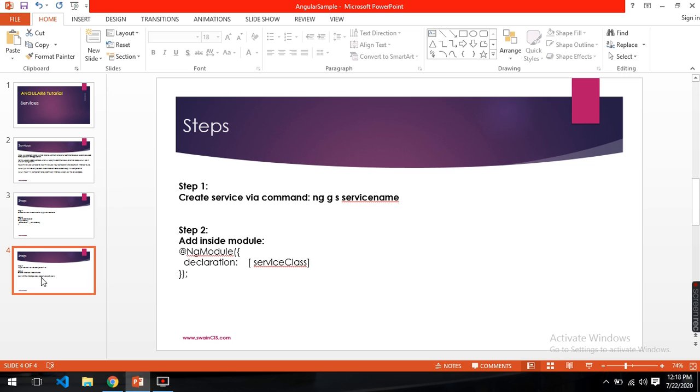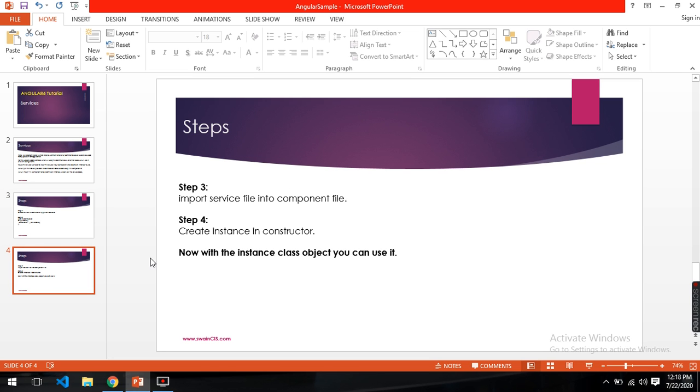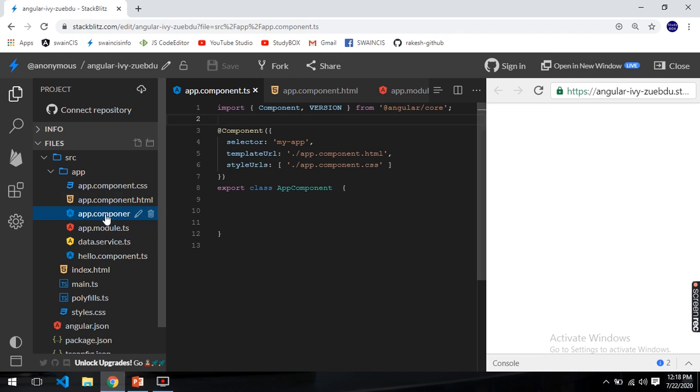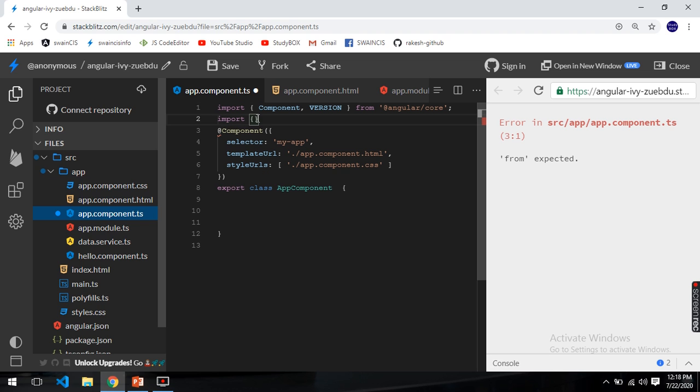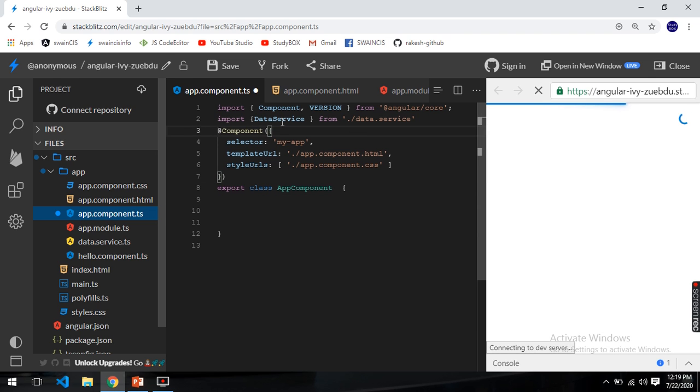Now I'm going to work in the component file so that we can use it. Import the service file. What was the name? The name was DataService. Let's copy and paste it here, from data.service. Okay, this is imported.